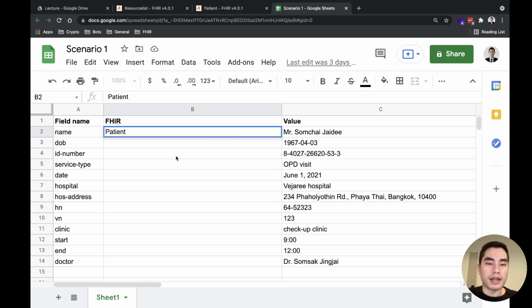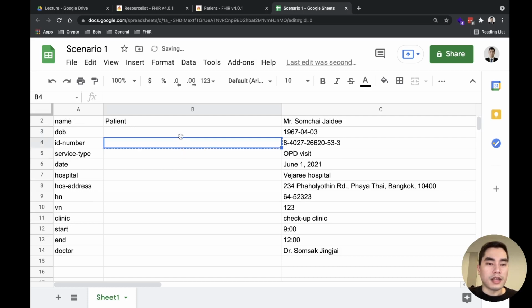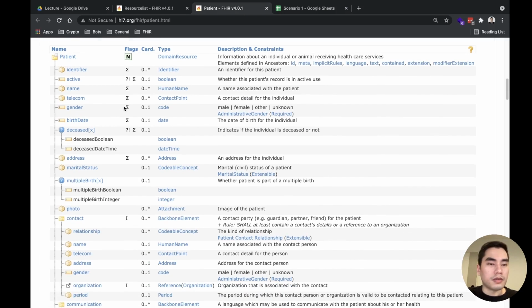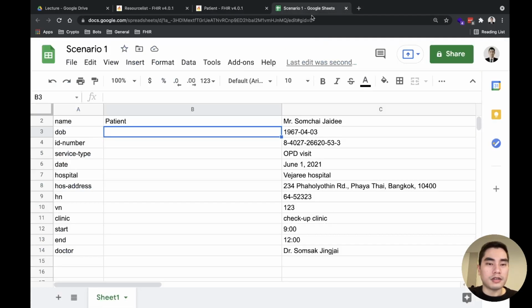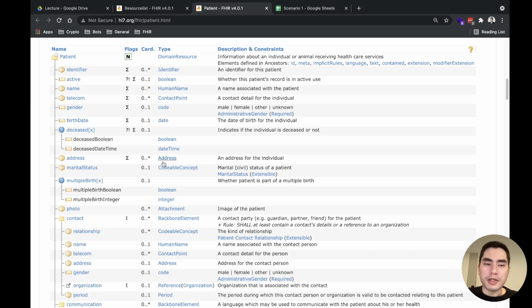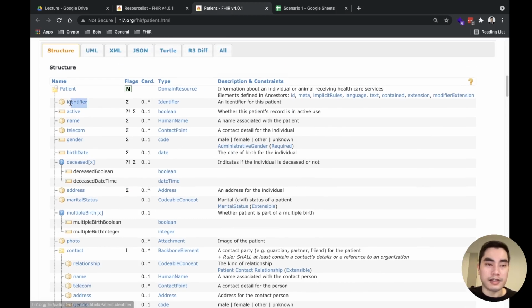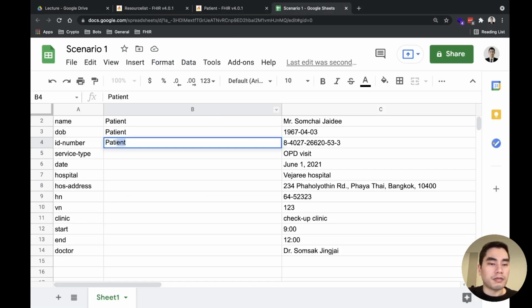You can type it like that. Date of birth here like this. Maybe it's the same resource, and you come here. Oh yes, it also has the birth date here. So it's still the patient resource. ID number is about a patient as well. So it must be here. And yes, it is here. It's the identifier. So it's the patient resource.